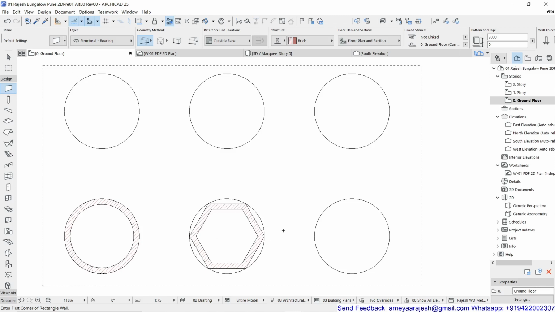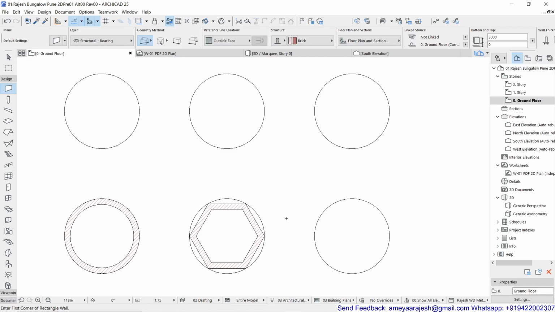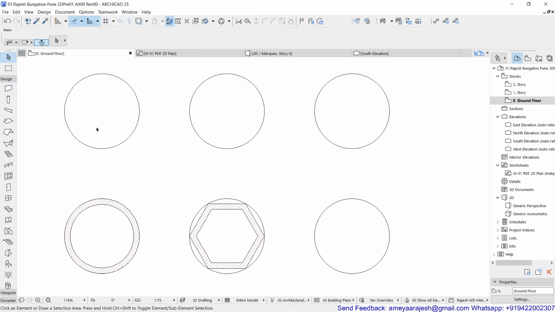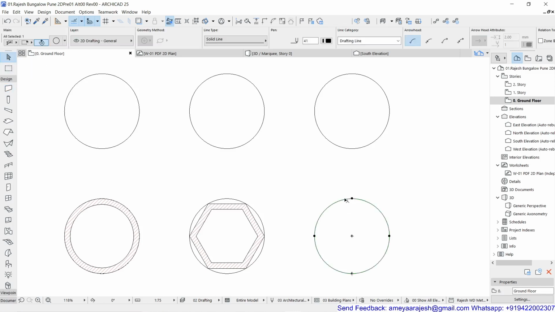Okay, now I'm going to show this in a slightly different format. I have just removed the marquee by using escape for a while, and then I'm going to select one circle and try to trim this down into an arc segment. How? Click on the node, and you can see, you know it very well, angular stretch if you use. And if I click on the other node, this converts the circle into an arc.